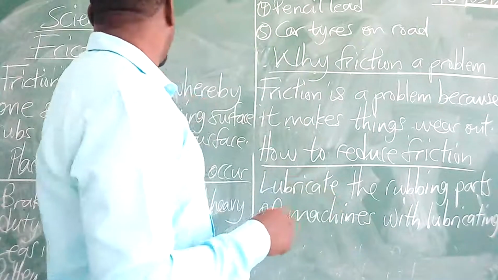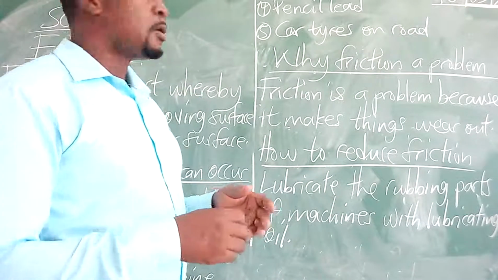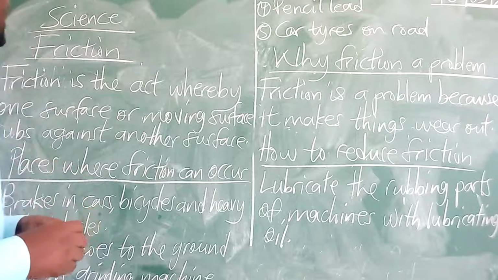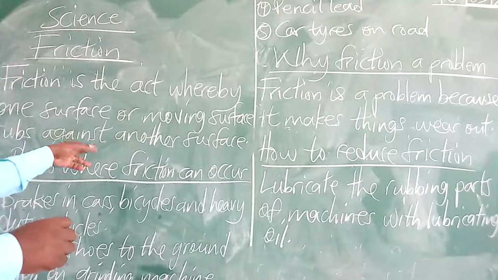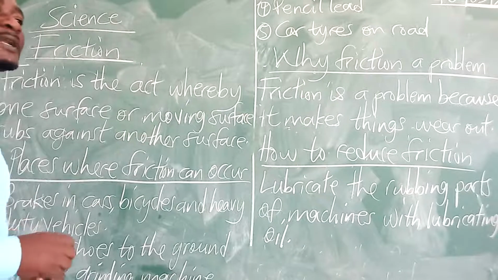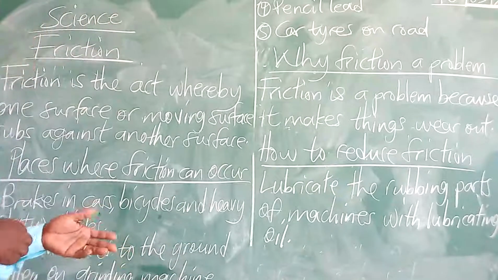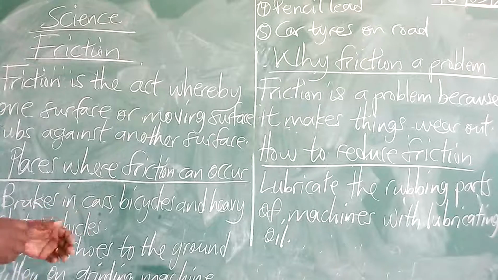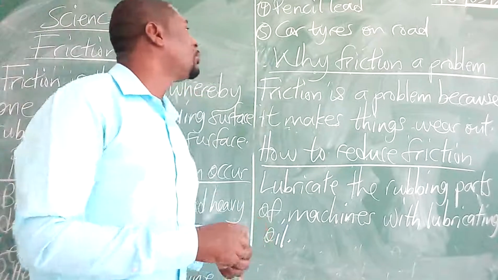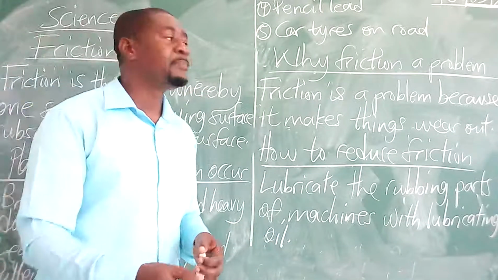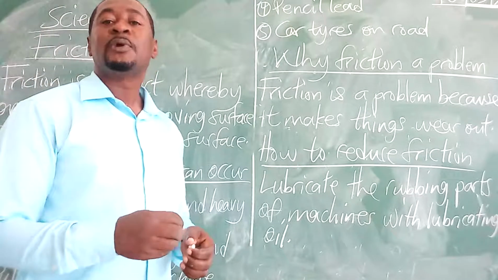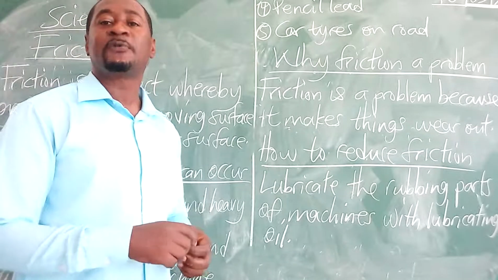Now we said friction is the act whereby one surface or moving surface rubs against another surface. Places where friction can occur, we have named some: brakes in cars, bicycles and heavy-duty vehicles, legs and shoes to the ground, pulley on grinding machine, pencil lead, car tires on the road. And then friction is a problem because it makes things to be worn out. Always you have to change parts of machines, you have to change